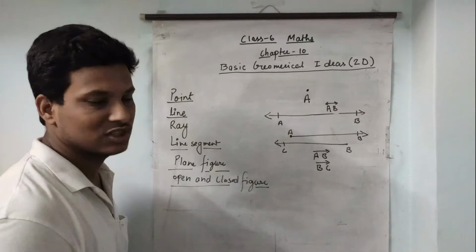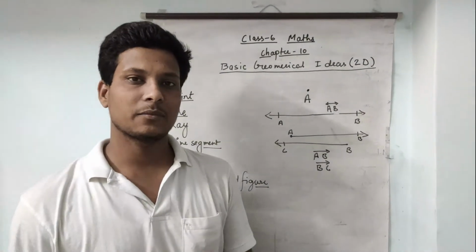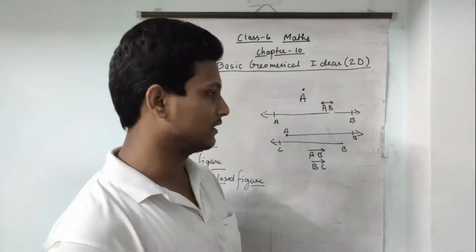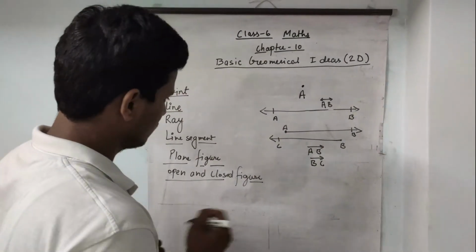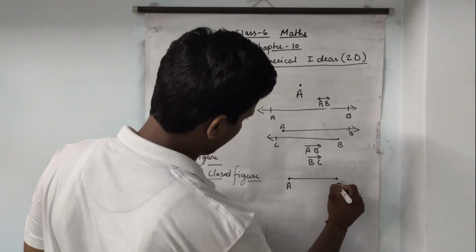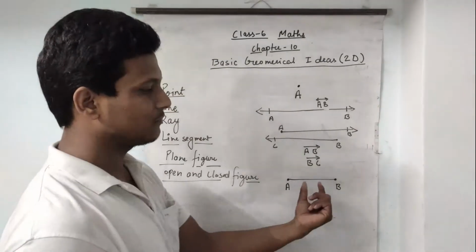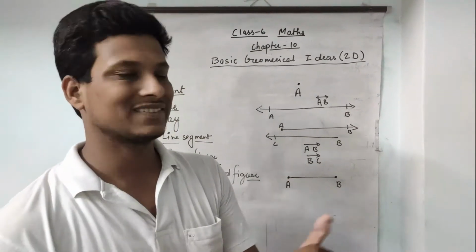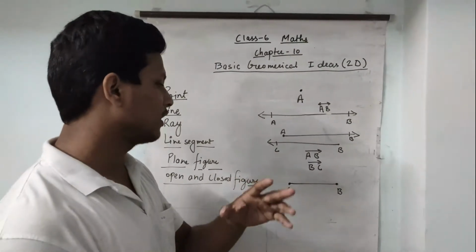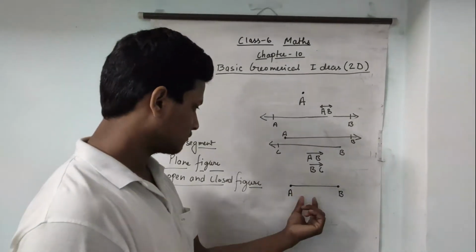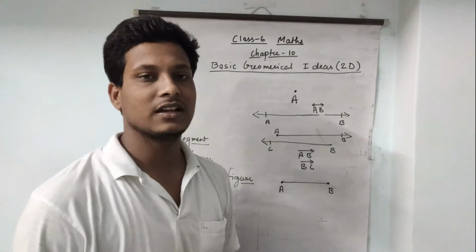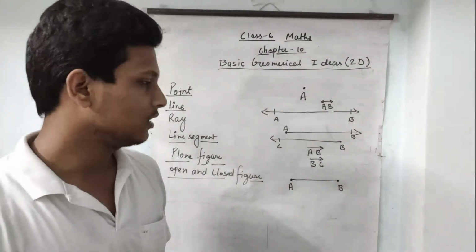Another point is line segment. Line segment is a part of a line that has a fixed length and two end points. So like this is a line segment. It has two end points and it has a finite length. We can measure it with the help of a ruler or scale, you can say. Okay, so line segment basically has fixed length. It has two end points and it can be drawn on paper. Because it has fixed length, we can measure its length with the help of a ruler or scale.